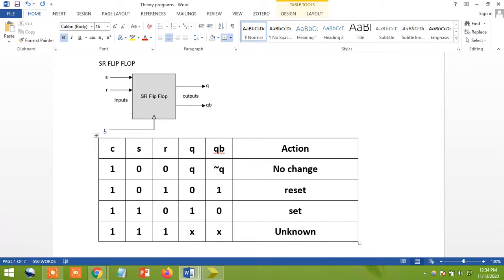Clear about this one? This is a truth table. So why am I going to take this truth table? I'm going to write the Verilog code for this one only. So behavioral model means we are going to write the Verilog code for the truth table. Is it clear? This truth table? Okay, once it is clear, now I'm going to implement this directly in the